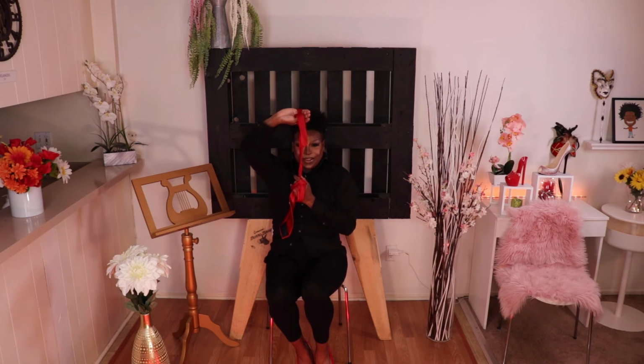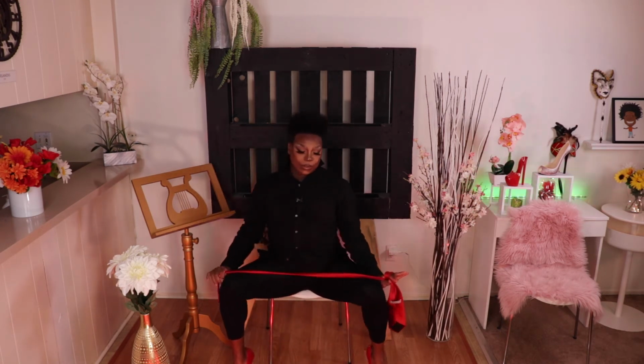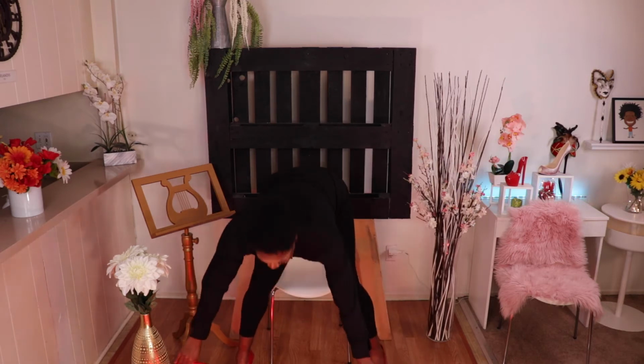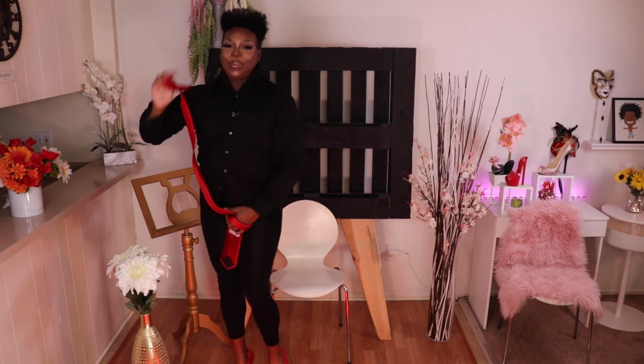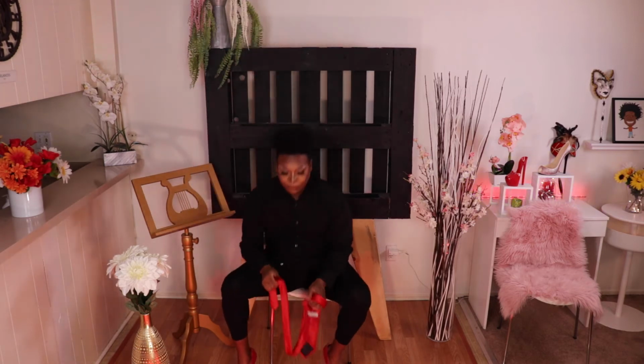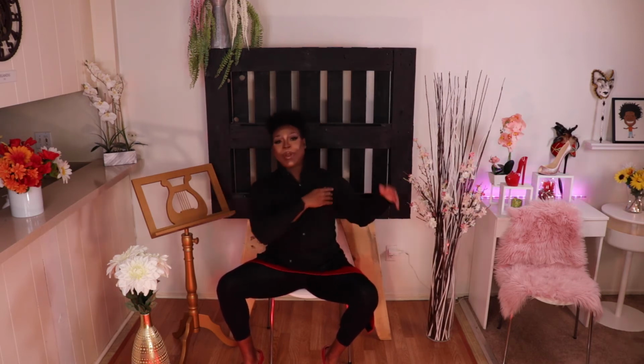From here, what if we lose again? Yes. And we bring it in here. Beautiful. Okay, so let's go back one more time. Now, the routine is not that long, especially once you've gotten through this beginning part, because it's a little tricky here and there, because you have to know exactly where to wrap, when. So listen to the lyrics. I'm doing my best to feed it to you,